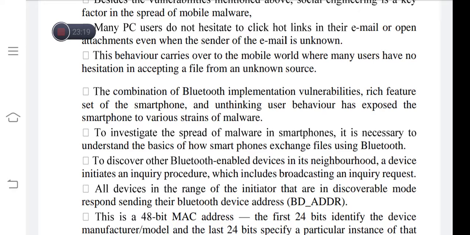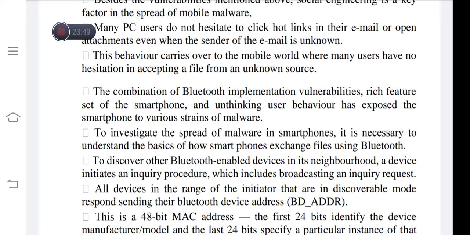To investigate the spread of malware in smartphones, it is necessary to understand the basics of how smartphones exchange files using Bluetooth. How the communication will be done and how the file will be exchanged, that we have to understand. I have a Bluetooth in my mobile. I want to send some files to another mobile which has Bluetooth.